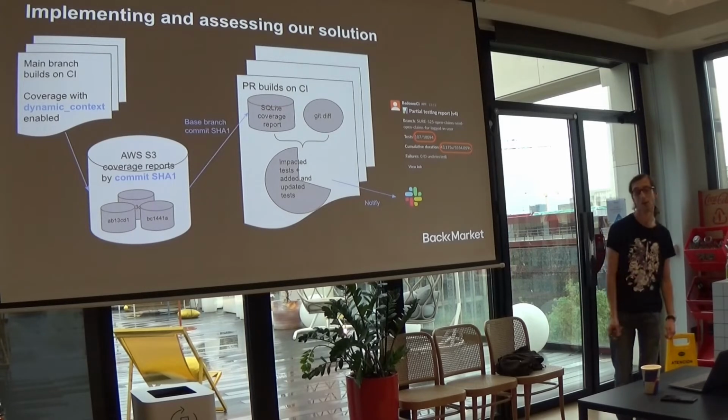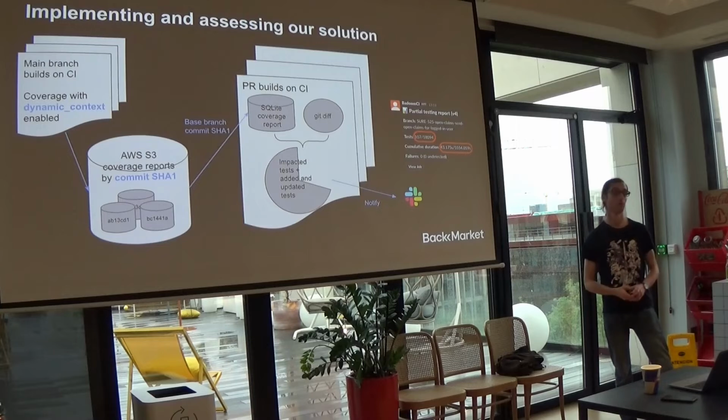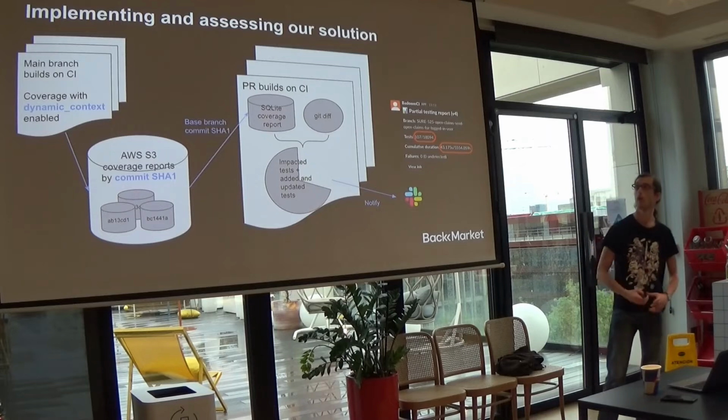at which branch we are generating the coverage report. This is important because for the solution to work, we need to have a report that is similar to the base branch of what developers will have when trying to get the information of what tests are impacted by code modification. Otherwise, you may have code that is outdated. You may have tests that are not included anymore in the report, so you may not have stable reports. So we have to find a way to have the correct commit SHA-1 based on the base SHA-1 of the